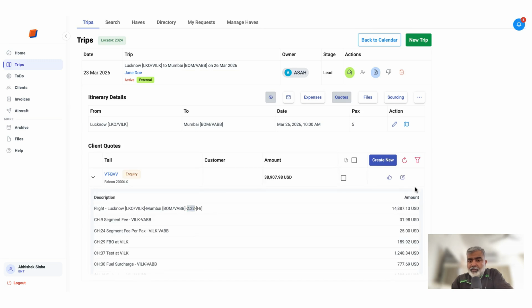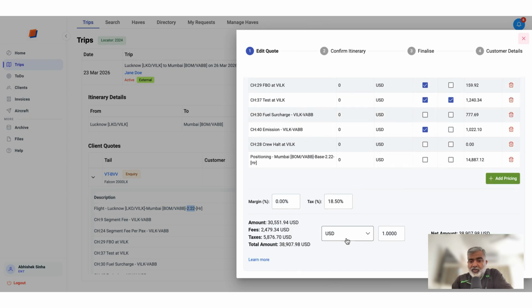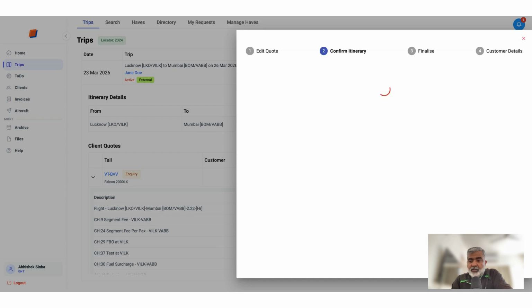If you want to edit this quote, you can click on edit, and you can delete, or mark it as a fee or exclude, etc., from here. Then check that the currency is correct, the tax is correct. This tax will be picked up from your organizational default. Refer to the video on settings for this, where to set this. If you want to add a margin, you can add a margin here. Go to next,